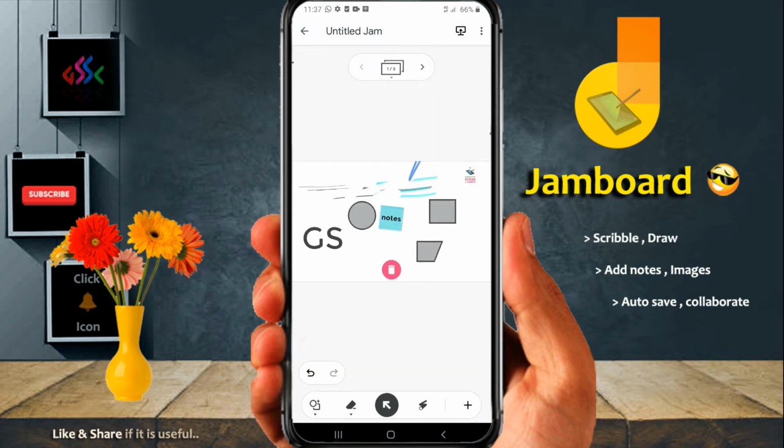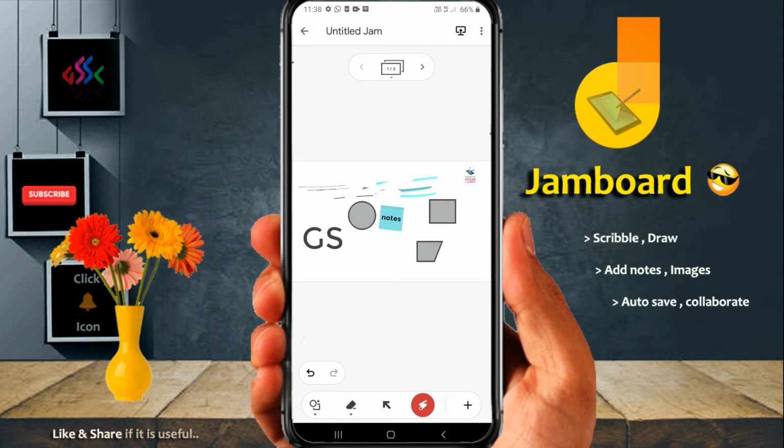And one more thing is, if you are explaining something, you will be using a laser pen like that. So here also there is an option like this, the fourth option. If you want to explain something or highlight, just scribble somewhere and within 2 seconds it will be hidden. So it is also a cool feature, it's not available in any other app. To highlight or point out something, this can be used very well.